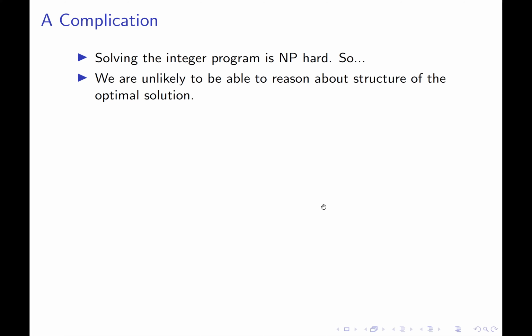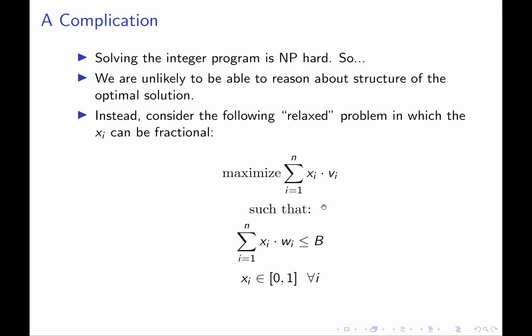How do you get a handle on optimal solutions that you have to ultimately prove theorems about without them having any nice structure? And so what we're going to do, as an intermediate step, is consider the following relaxed version of the problem, called the fractional knapsack problem, that does have nice structure. Okay, so here's the fractional knapsack problem. It's the solution to this linear program.